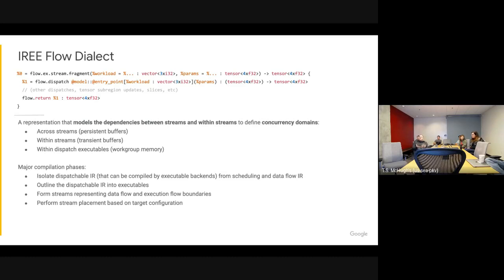This is traditionally seen as a partitioning step, but here what we're really thinking about is not necessarily the target device, but the target stream of execution. And then across those streams of execution, what is the data that actually flows between them? Which in this example up here is still SSA value semantic tensors, which is great. So again, any optimization that we have in the MLIR toolbox for CSE and DCE and folding of various types works at all of these levels: within the executable code, within these streams as we're dealing with the dispatches and updates, and then between the streams.